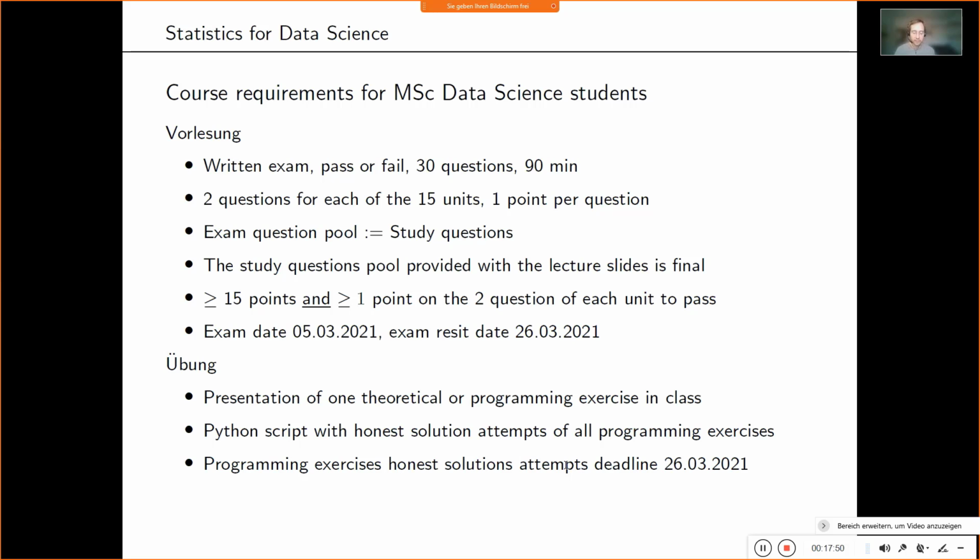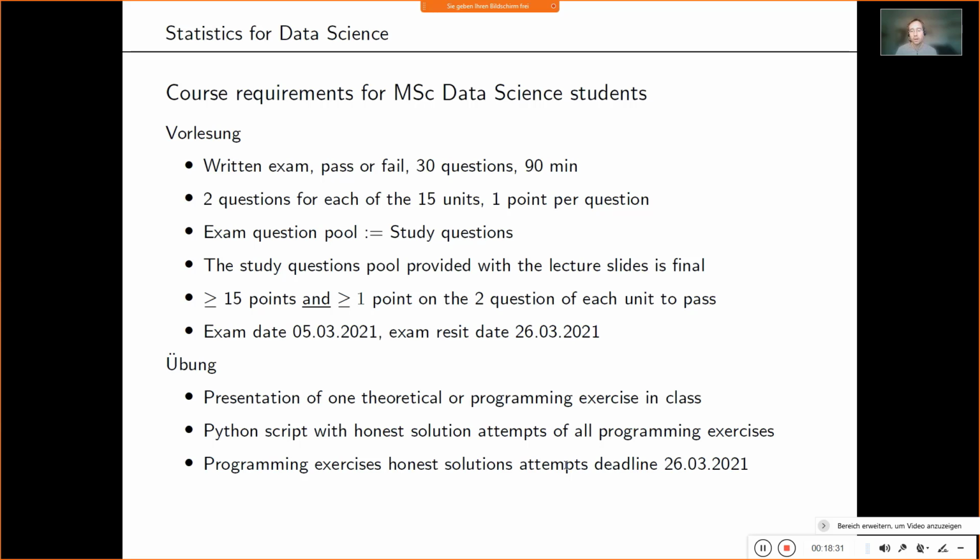If you fail both exams, you can retake the course and you can retake statistics for data science. In principle, I think there's a limit of 3 attempts of trying a course, but because of Corona, that is not happening anyway. So if you fail statistics for data science this academic year, you can do it again next academic year. If you fail next academic year, you can do it again and again and again. So it's not that anyone will throw you out of data science because you failed the exam, but you will have to retake the course, including the Übung and the active participation.